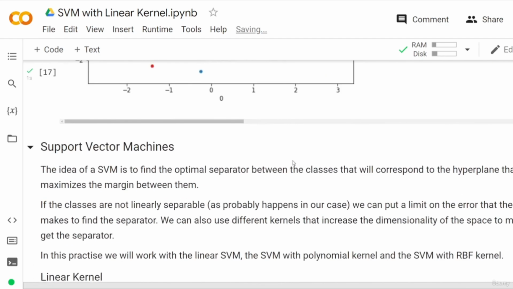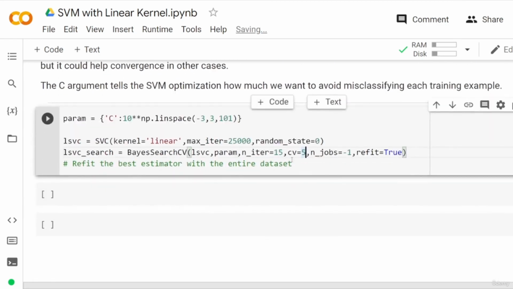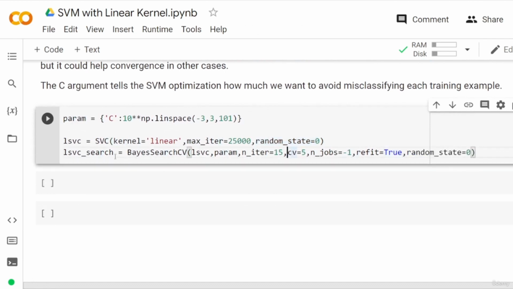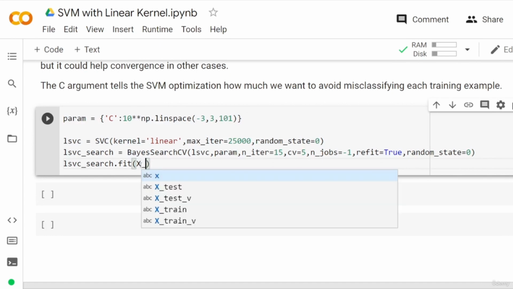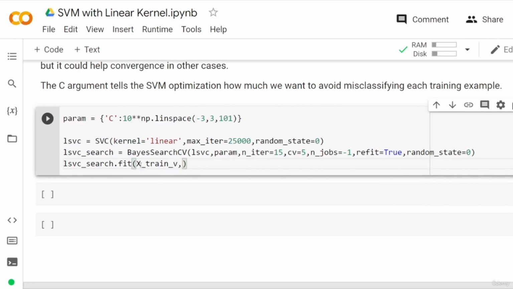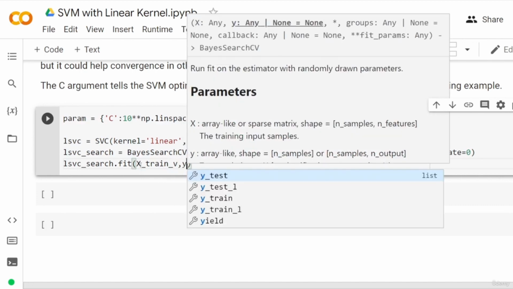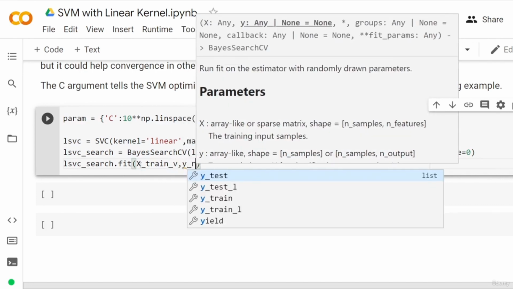Finally, as we defined the random state before, we can also use the random state here. Let's use the same one and choose it to be 0. Once we perform this search, we already know the best estimators, and now we fit. So now we just type fit, and we give as the first argument the data. This data is, as we know, X-train vectorized, and then we give the target variable, the response variable, Y-train,